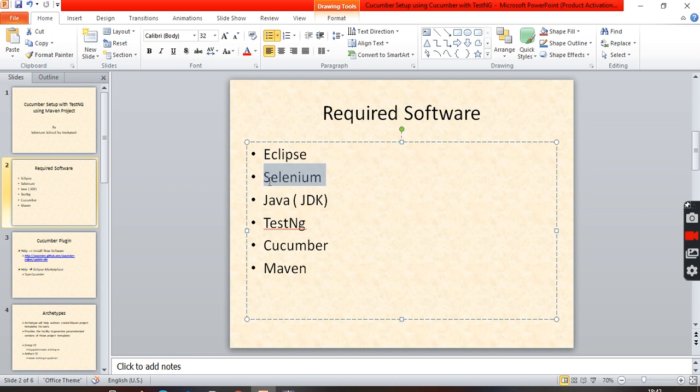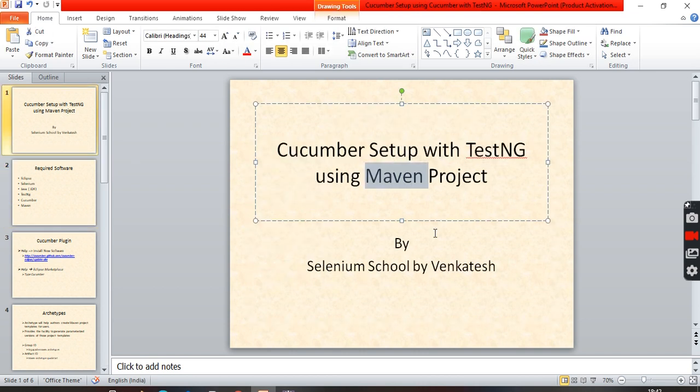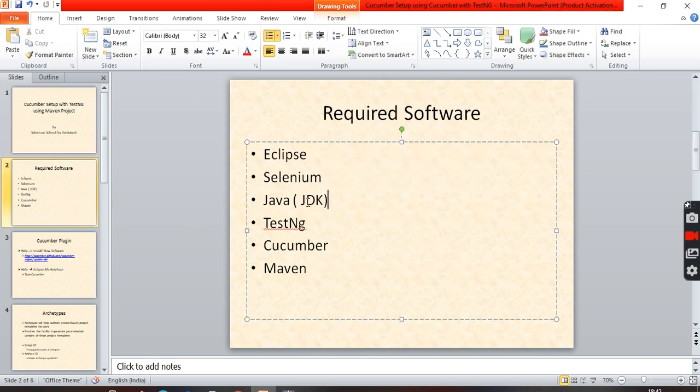Then Selenium. Then for Java you need JDK. The question will come to you, why do I need JDK? The reason is we are going to use a Maven project. I mentioned clearly that we are going to use a Maven project. So we need JDK.